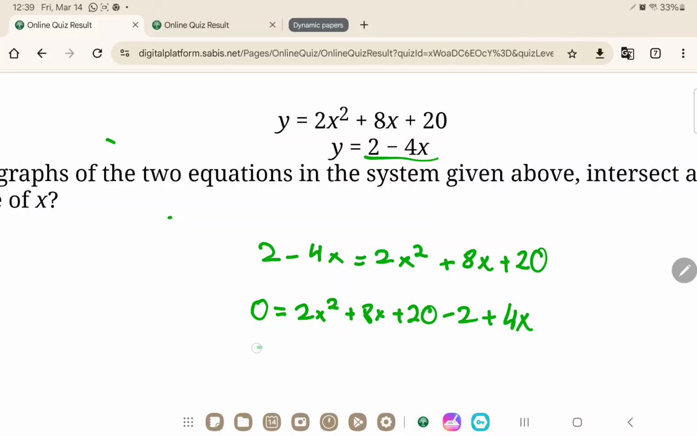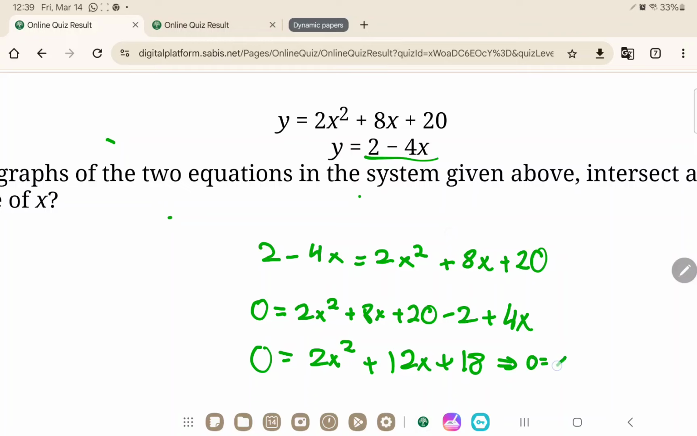So, like terms, we're gonna combine. 2x squared stays the same. 8x plus 4x, so plus 12x. Plus 18, just 18, not x. Now, because this side is 0 and this side is all factors of 2, we can divide by 2 to be left with